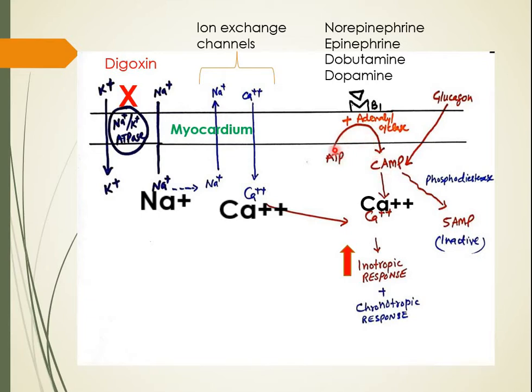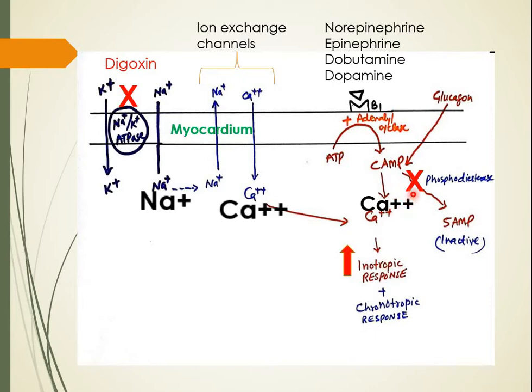cyclic AMP. From where the ATP comes? ATP comes from the Krebs cycle that has already been prepared in every cell. Now the cyclic AMP level will promote the influx of calcium through the voltage-gated calcium channels, which I have not mentioned here. So what happens? Consequently, the calcium level rises, and once the calcium level rises, it will give you an